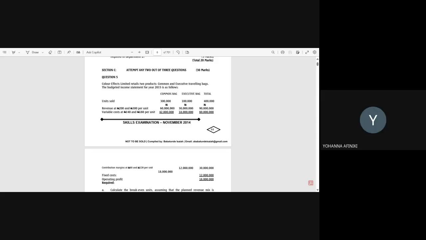Our break-even in units will be total fixed cost over contribution per unit. For the total fixed cost, we have it as 12 million naira, sir. Then the contribution per unit, I'm picking that of the total now. The contribution per unit, I'm picking 30 million, sir. And if we divide it,